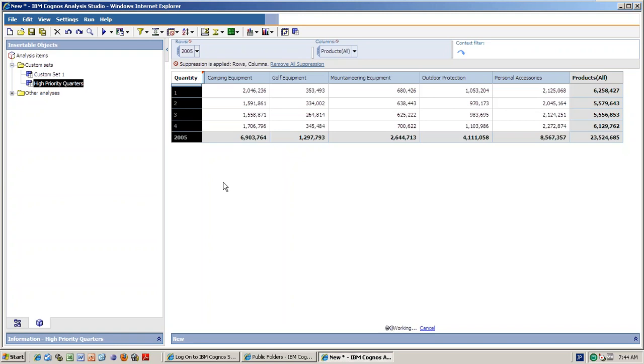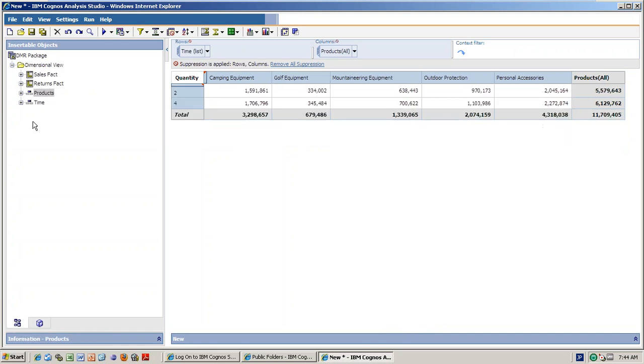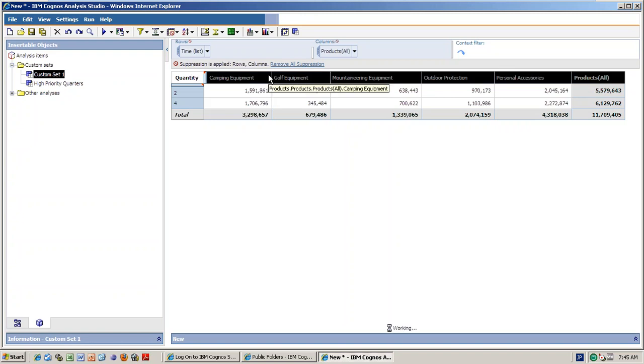It will be useful if you are dealing with 4 or 5 items, it's not useful, right? But if there are 100 products, and in those 100 products, there are 30 high priority products, if you select once, the next time onwards you can drag and drop. There will be two tabs. This is our original tab where you can see, and the custom set will appear in the next tab. You can see it. Whatever you are creating, it is created. So see, 2 and 4 only appear because this is the high priority quarters. If you want the custom set one you selected, you drag and drop. Then obviously only those two products will come.